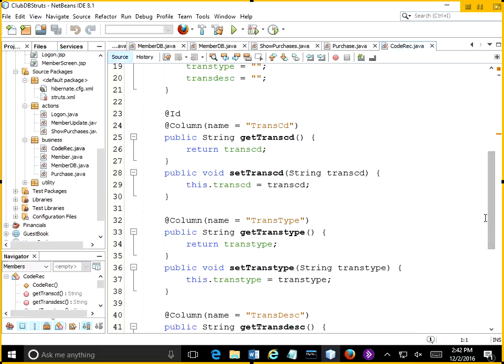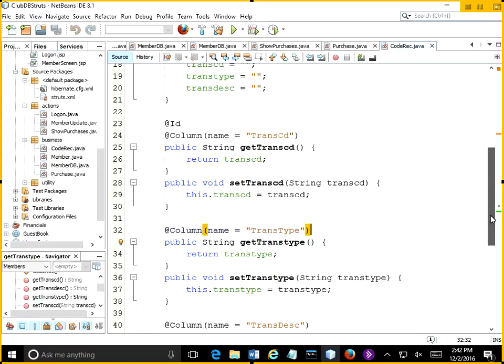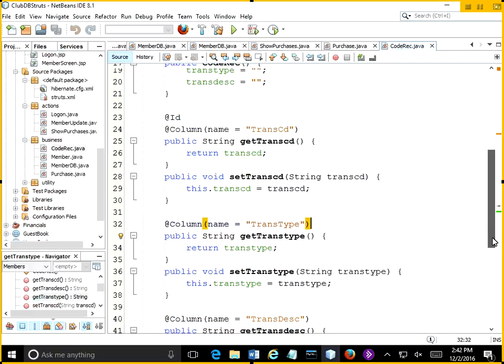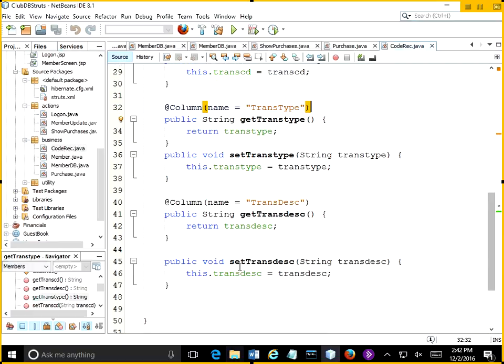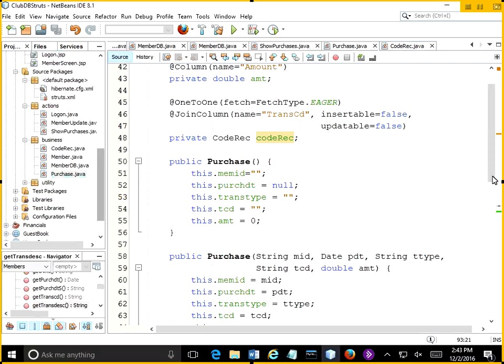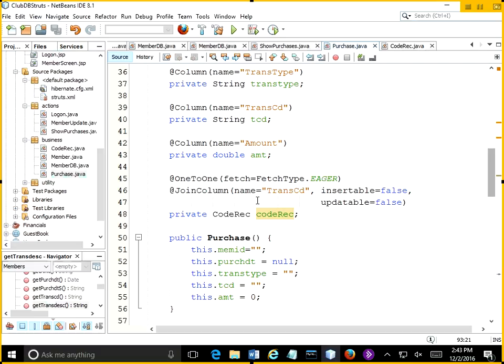And since I copied the program the way we did it the first time, it is annotating the get and set methods instead of the underlying globals, but I think that'll be okay. We'll see. Trans description, get trans description. Okay, so that's our code record,